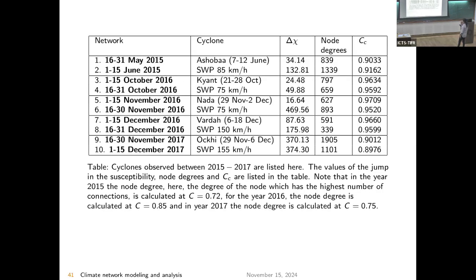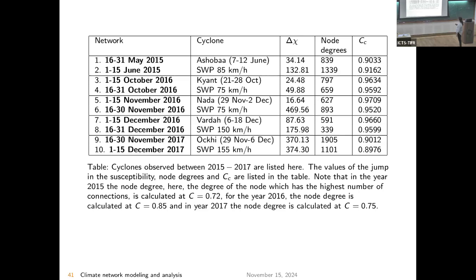So this is the summary, or the table. For El Nino, we could get distinct precursors and actually predict. Here we got distinctive features, but we still need more data points to construct a threshold and predict a cyclone. We observe certain measures which are different during the cyclone and before it: the node degree distribution, the areas, and the total number of links are quite different. So this is summarized here.